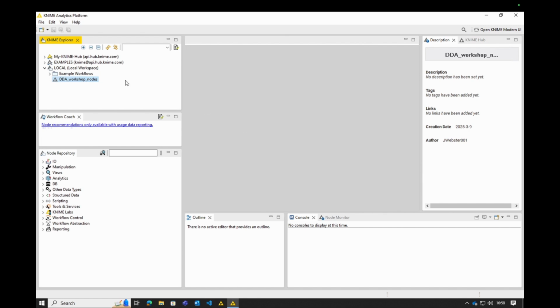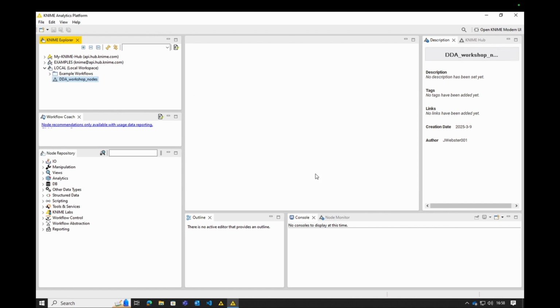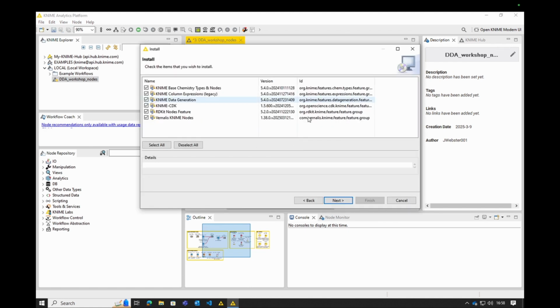So what this does is it populates the DDA workshop nodes here. If I double click on DDA workshop nodes, the following error pops up, and this is because we need to load all of these nodes which are not pre-built into KNIME. So if we go ahead and press yes,